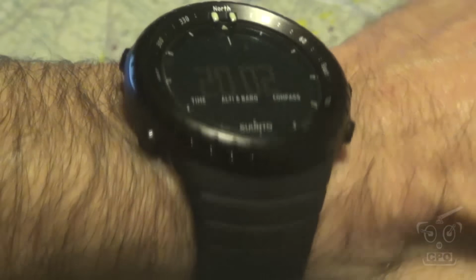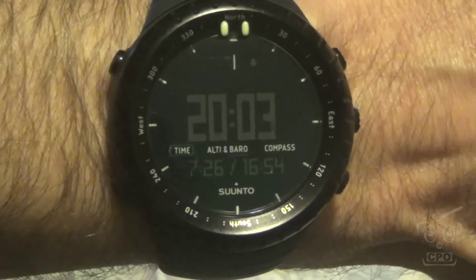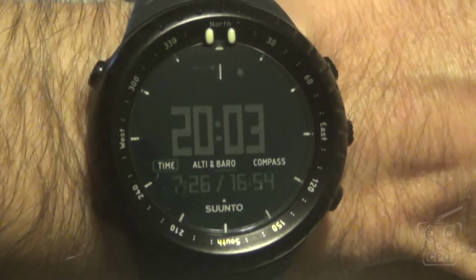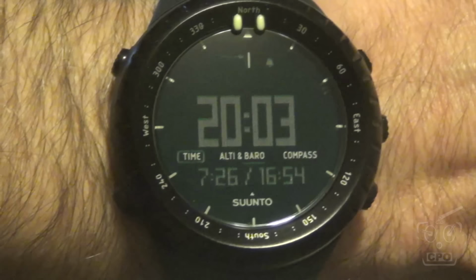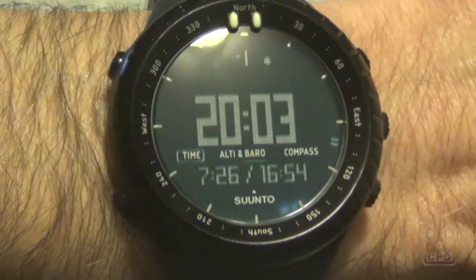The challenge, though, is that as tactical as it is, it's a little bit more challenging to see than a standard black on white watch. So this is a reverse display, a blacked out face with, I'll just say white, but the lighter color numbers. And while you can see it nice in this light, one thing I will tell you, a lot of people say it's hard to see, but then they say no, they can see it just fine. I've watched a lot of reviews on this watch, and I will admit to you, I'm